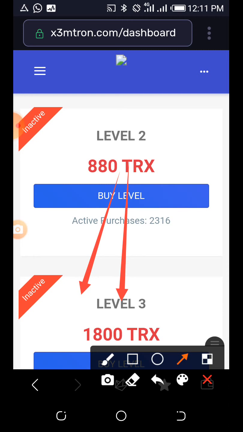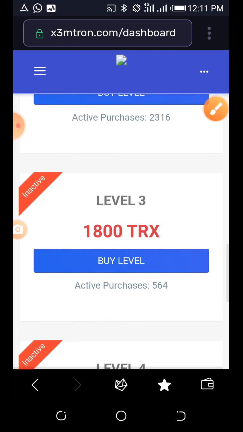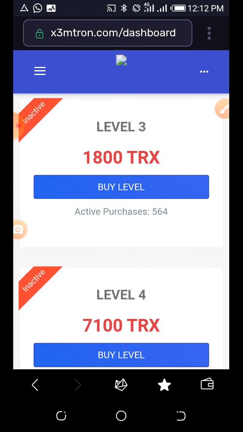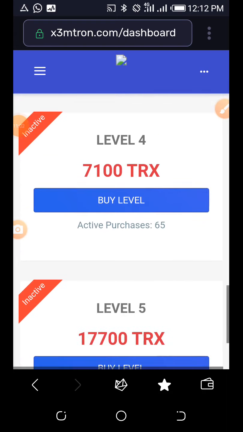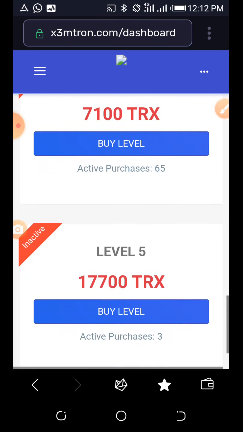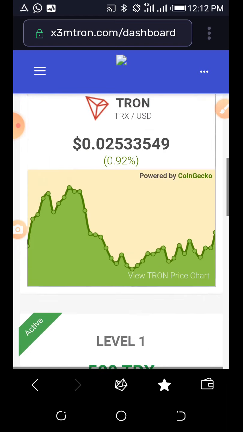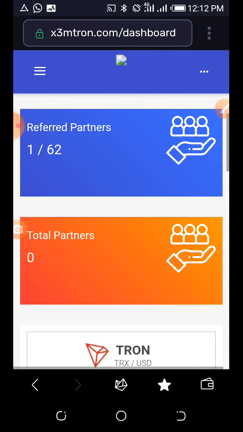The 2 people you refer will have to refer 2 more. So you can see. And from level 3 to 4, you must have 8 people as your downline. While from level 4 to level 5, you need 16 downlines. Then to cycle out from level 5, 32 downlines. It is very easy to achieve with operation.